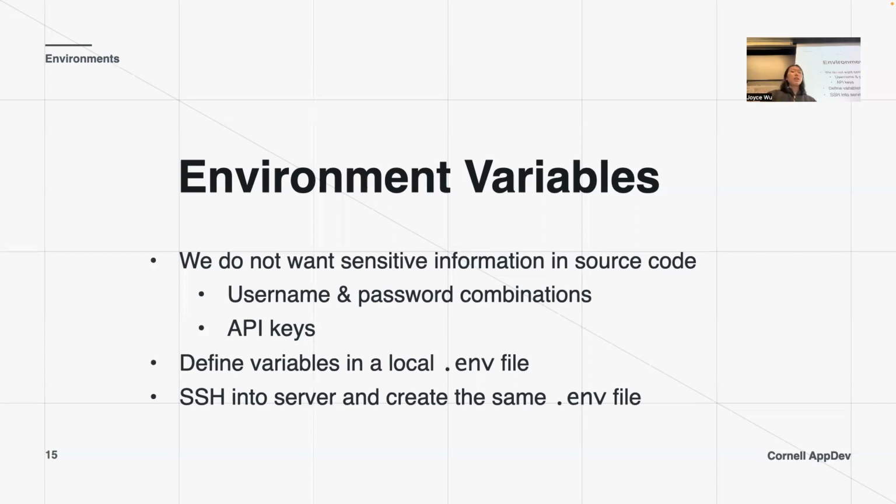So these environment variables are defined in a file, .env, in your local computer. And similarly, when you define these variables in your local computer, if you were to actually deploy your app into a server, you would want to create the same set of environment variables on the server. So what you need to do is SSH into the server, which functionally just means access the server and use the server computer to create that same .env file in the local file system